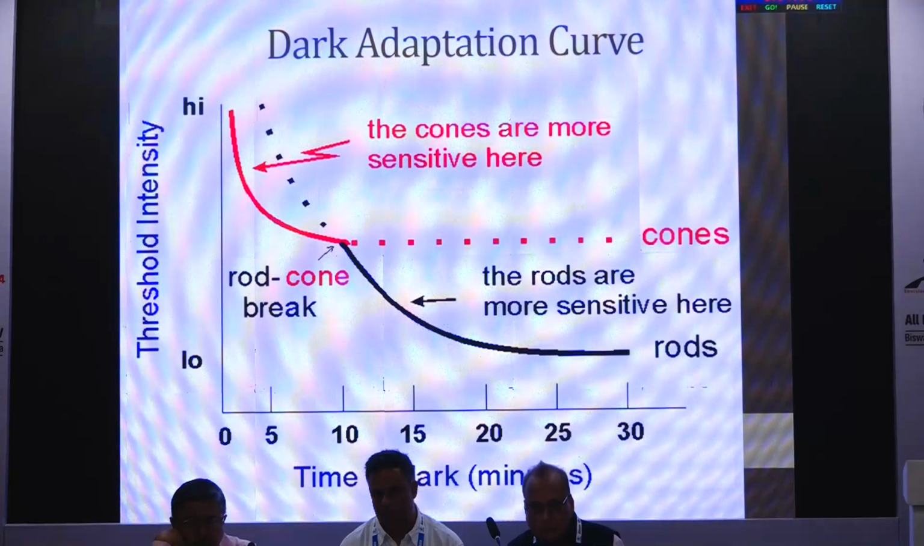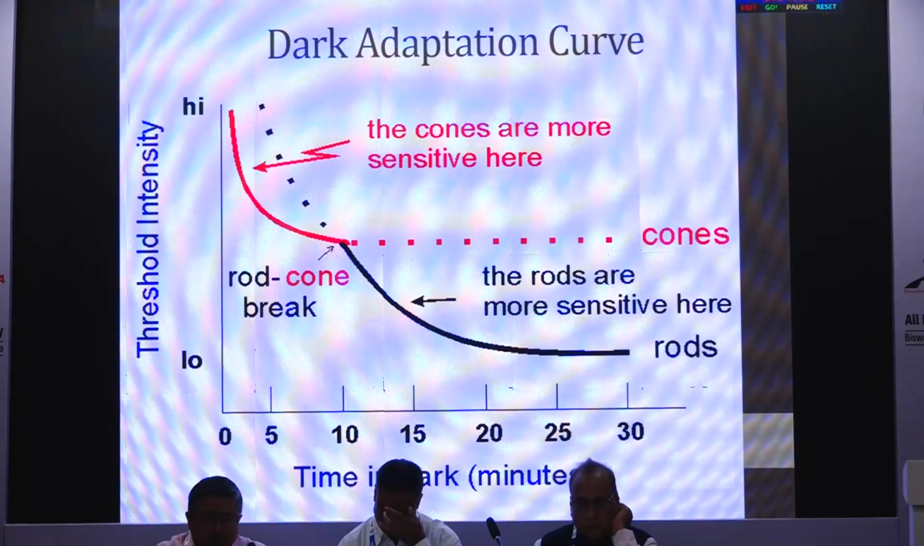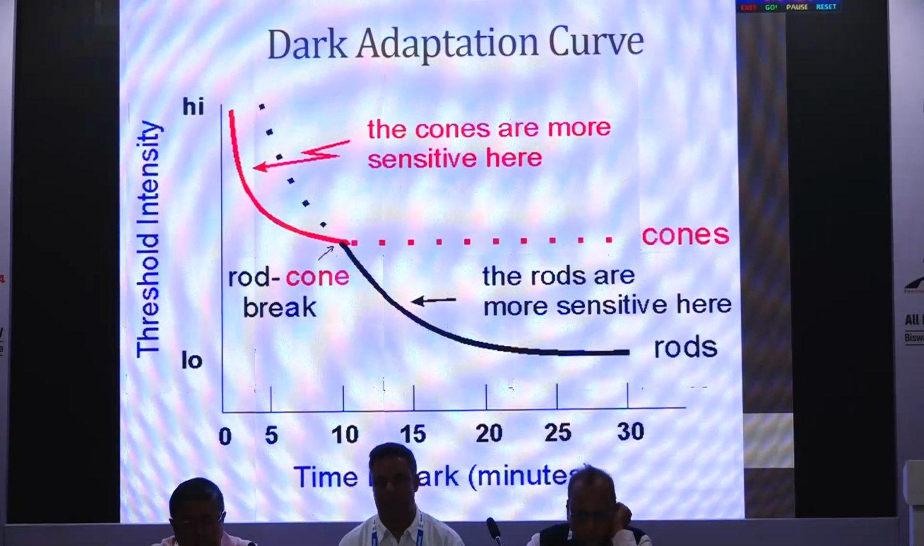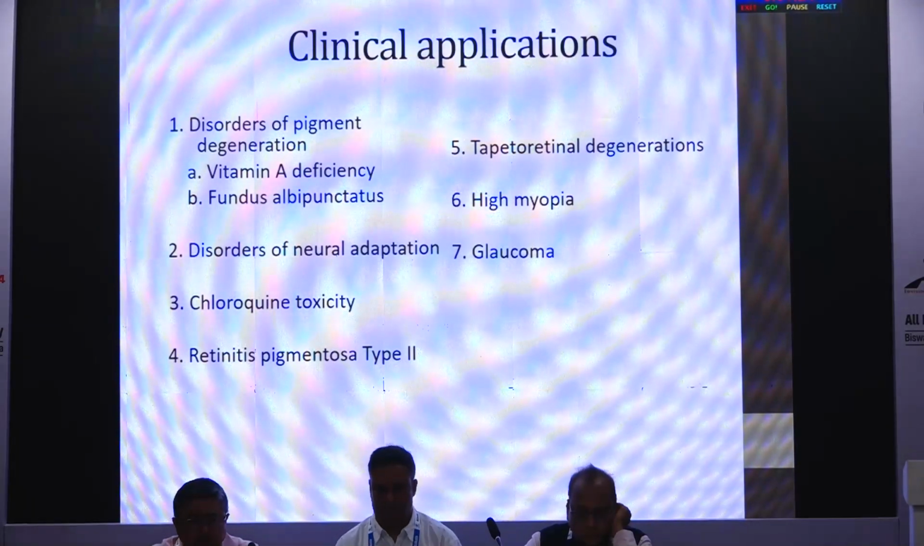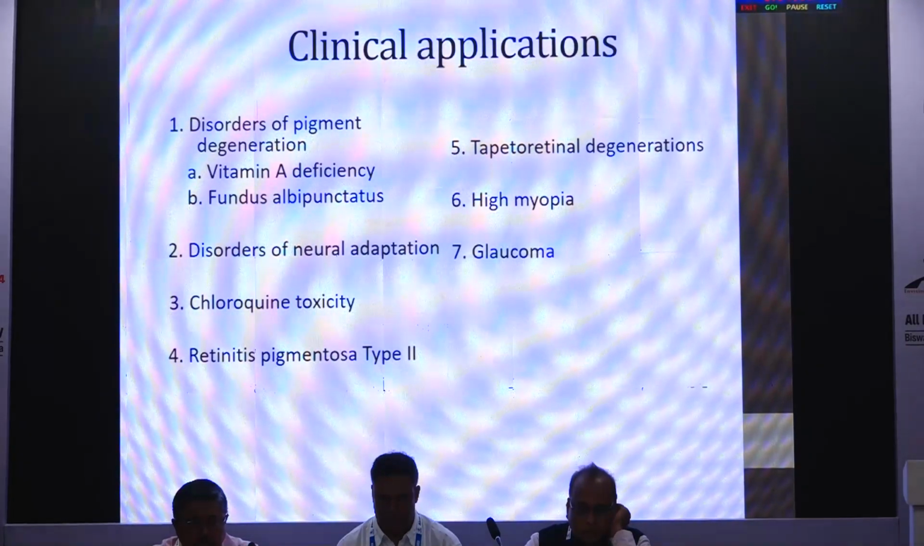and we get the reading as a curve. So this is the dark adaptation curve, in which we can see the cones are more sensitive at the start, then the rod cone break happens, and then rods are more sensitive, and this gradually remains for a longer time. The clinical applications of this are the disorders of pigment degeneration, neural adaptation, chloroquine toxicity, retinitis pigmentosa, high myopia,